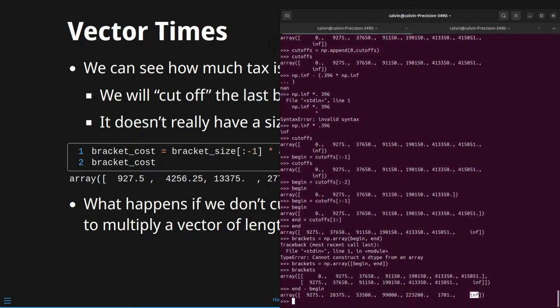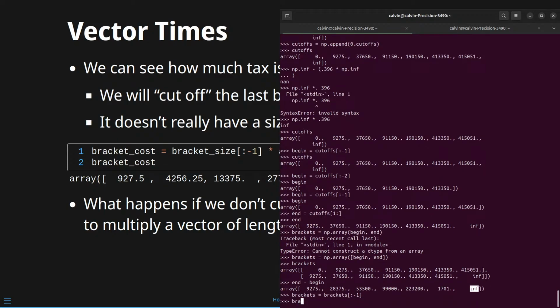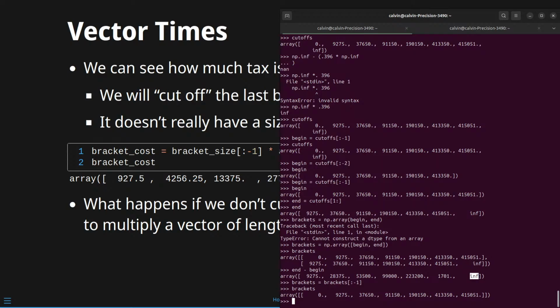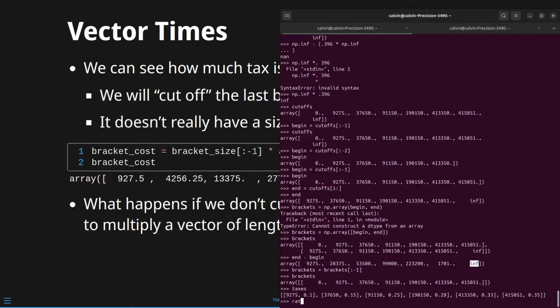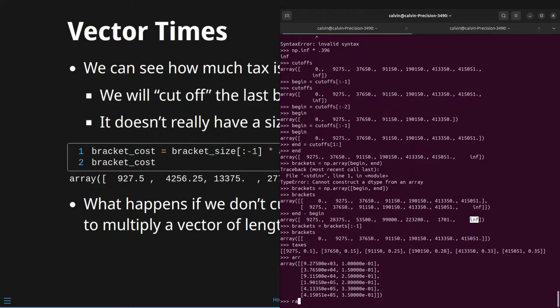So I'm going to take my brackets and, excuse me, I'm going to take the last one off the end. There's my brackets, okay? I'm going to multiply these brackets by the rates. I don't think I currently have rates. Let's see. Taxes. Let's get R. So the rates are equal to